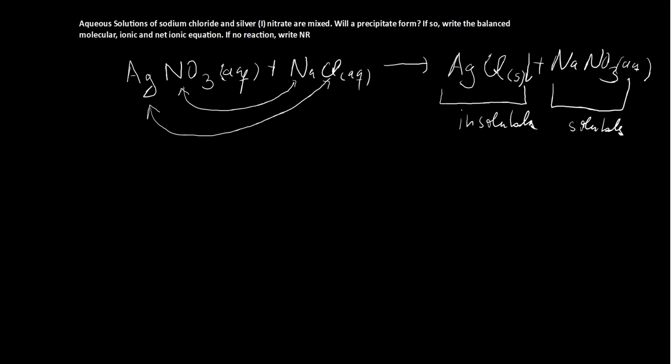So now we've written out the formula equation, or the molecular equation. And next we can write the ionic equation, where we break up all these species into their constituent ions. So then we have silver plus nitrate,